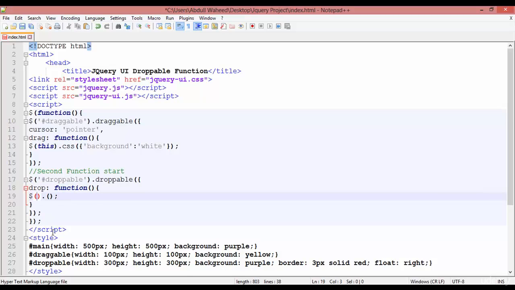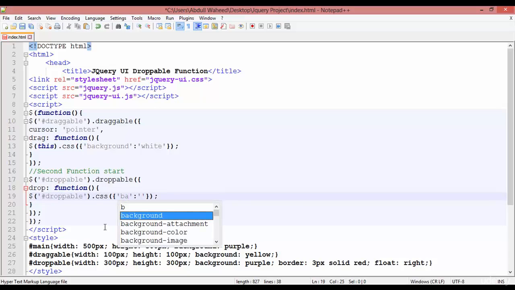So inside this we are going to call the droppable function inside the single quotation. For id we are using hash, and this droppable, you can see it's here. You can just copy, Control C, and paste here, and here we are using css, and inside the curly braces I'm just going to insert some property and value here. For example, background should be orange,